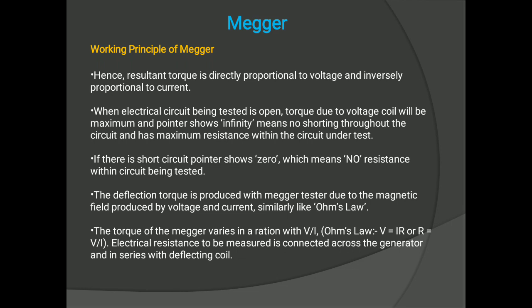If the test terminals are short circuited and the generator is operated, it sends a large current through the current coil and a very small current flows through the potential coil. Therefore, the resultant torque so produced turns the pointer to the zero end of the scale. And if the unknown resistance to be measured is connected between test terminals, a considerable amount of current flows in both the coils. The actual position taken up by the pointer depends upon the ratio of currents in the two coils, that is, the unknown resistance.